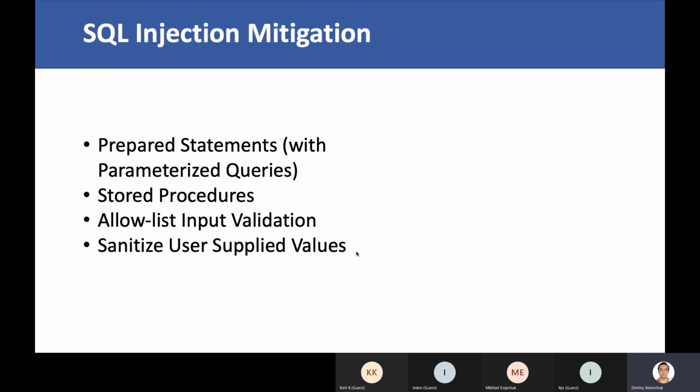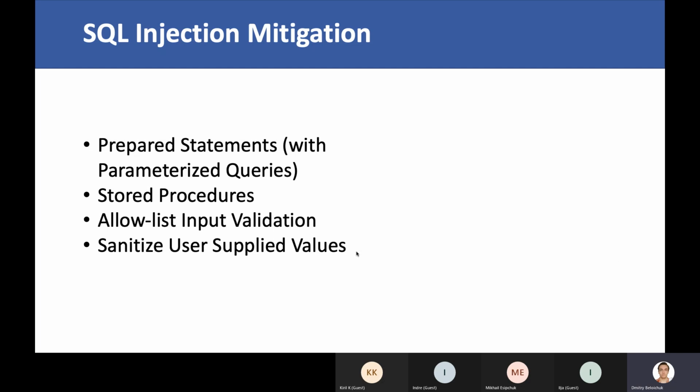Another thing we can do is use stored procedures or stored queries. So instead of actually doing dynamic stuff, we can execute something that is prepared already. For example, a list of users for a number of pages is also an option. And again, also from the web application perspective, so from the front end,